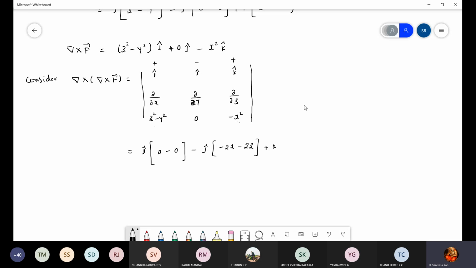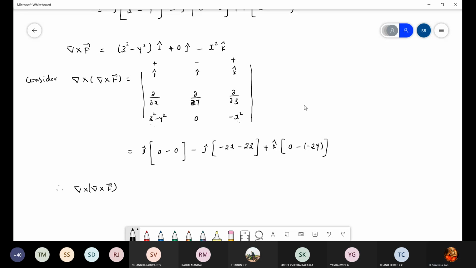And plus k cap into dou by dou x of 0 is 0 minus dou by dou y of z square is 0, but minus y square is minus 2y. So minus 2y. So inside you will get minus of minus. Correct? So final answer. Therefore, curl of curl f equals